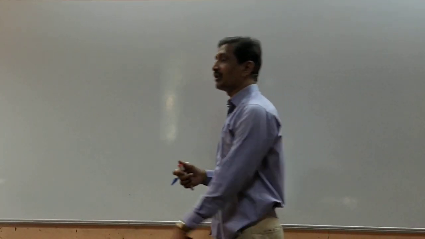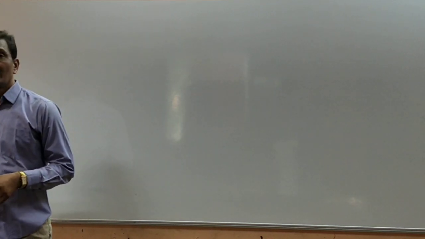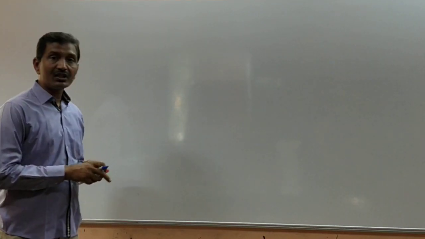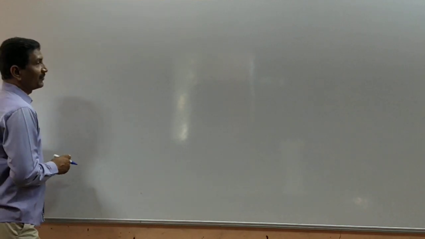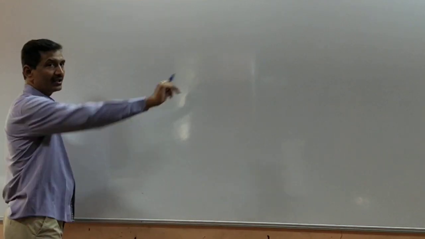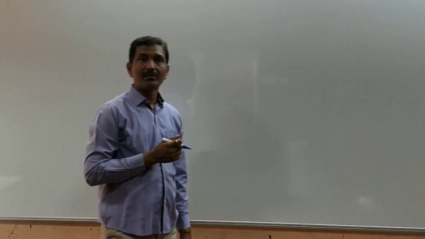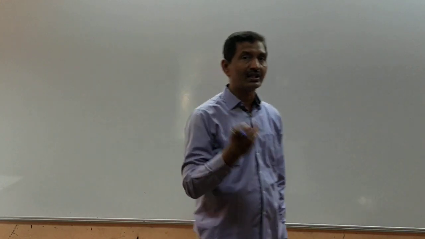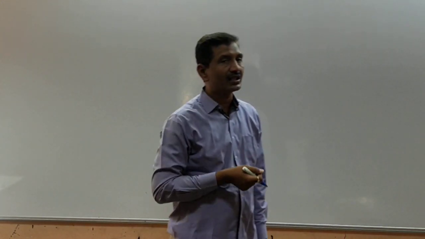omega. Its SI unit is radian per second and its dimension is 0 in mass, 0 in length and minus 1 in time. Angular acceleration is what? The rate of change of angular velocity is called the angular acceleration, denoted by the letter alpha. Its SI unit is radian per second square and its dimension is 0 in mass, 0 in length and minus 2 in time. It is a vector quantity. Its direction is again represented by the right hand thumb rule.